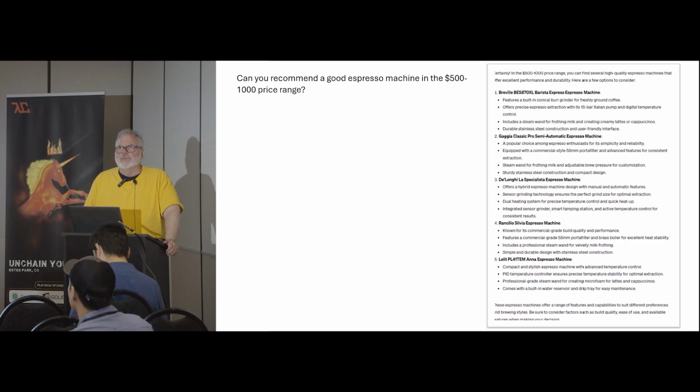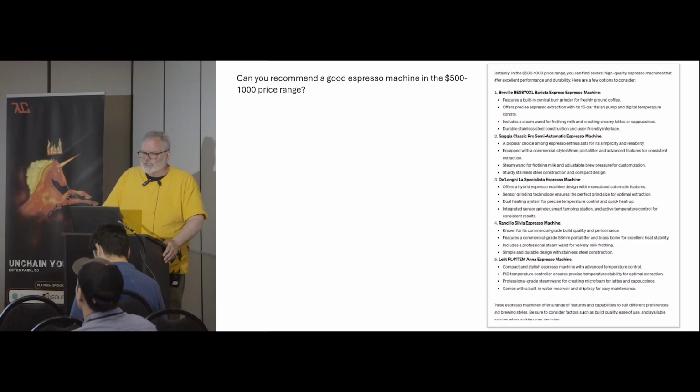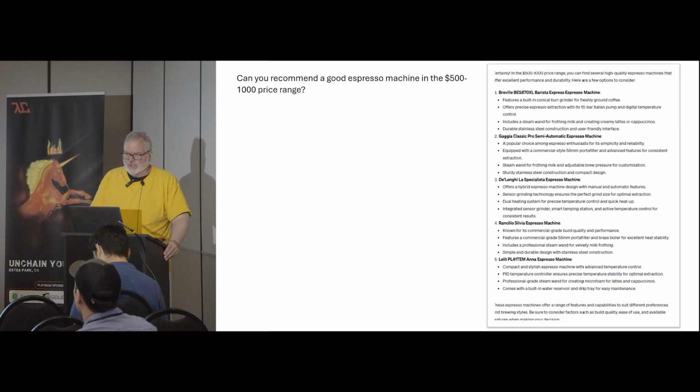Right here, I actually did this one. I bought an espresso machine recently. I drink lots of espresso. It's my biggest vice, but a relatively benign vice. I wanted to buy one, and I had a price range, and it gave me some recommendations on here that narrowed down my search.